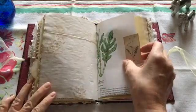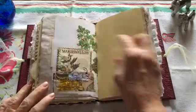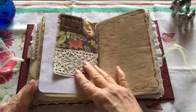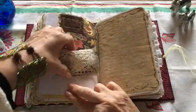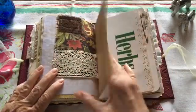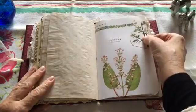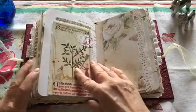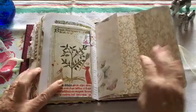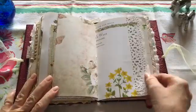I have one wallpaper book. I would love to find more, but the only one I ever saw I bought, so I guess I just don't get out enough. A little pocket in the fabric flip up. An edge punch page. It's just a paper tab. Another paper flip up, flip out, piece of paper, write stuff down, more edge punching,